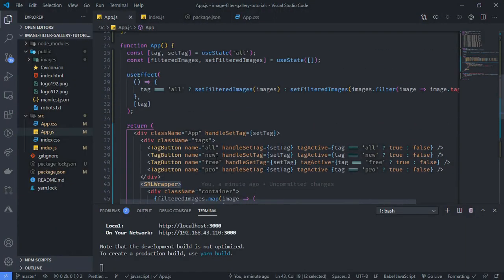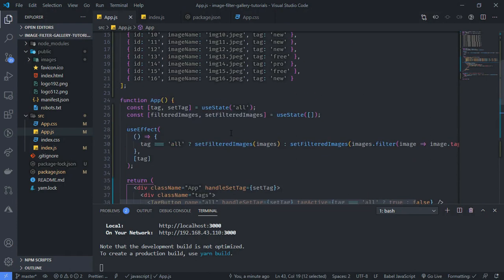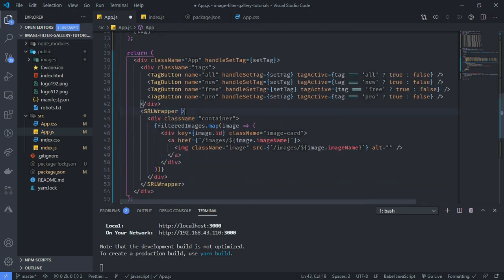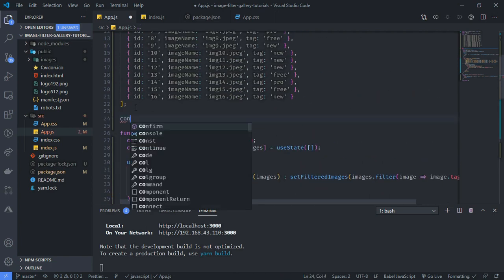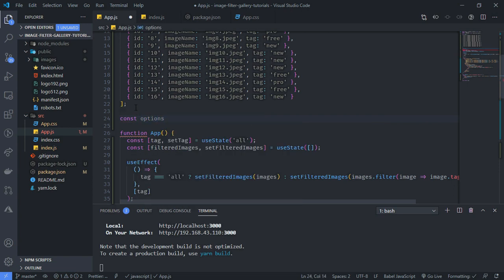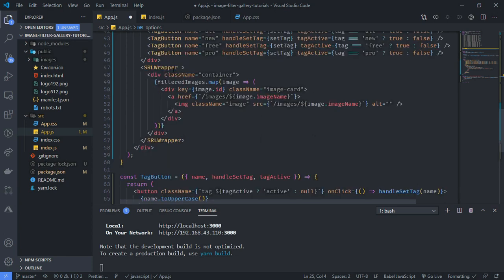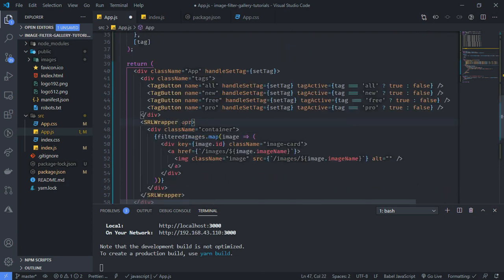There are more options that we can set. I'll just do one or two, and when you check out the examples on the code sandbox, you would find a lot of options. Right, so this actually receives options, so it contains all the settings that you can do. I'll just create a constant and call it options here, and it's supposed to be an object, right? And it will contain all the options for the wrapper, and then the prop it's going to receive is called options,